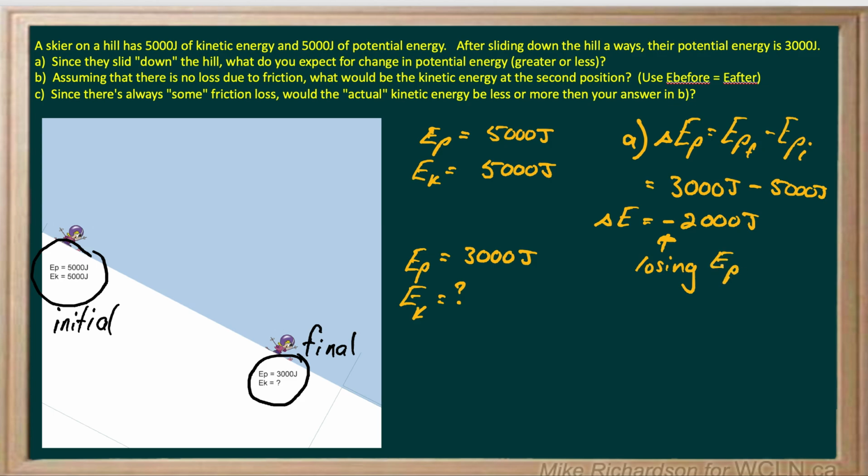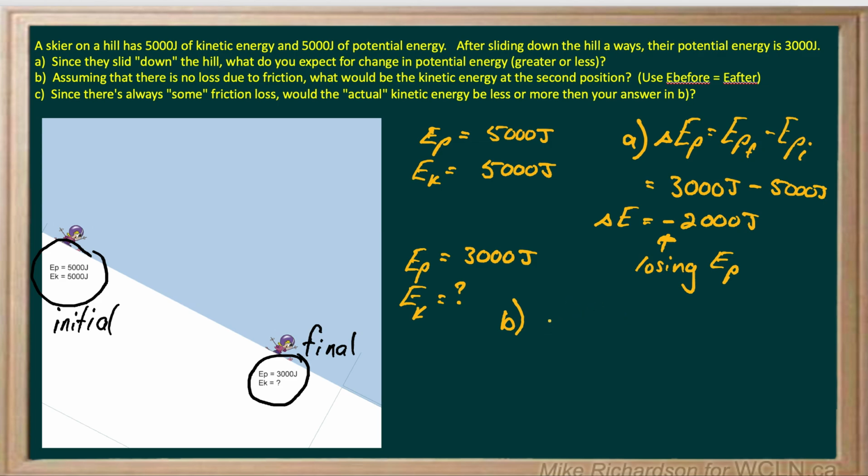Okay, if you lose height, you lose potential energy. Now we know that energy is always conserved. So even though he's losing potential, he must be gaining something else to conserve energy. So let's look at part B. Now part B says, assuming that there's no losses due to friction, what would the kinetic energy be in the